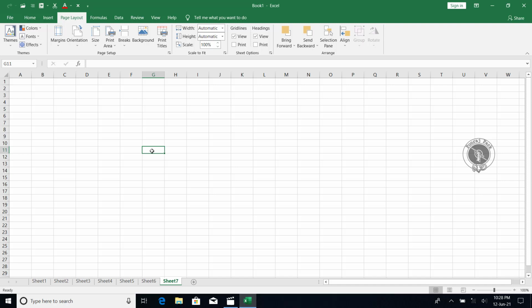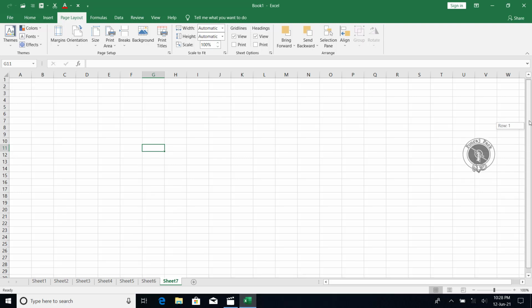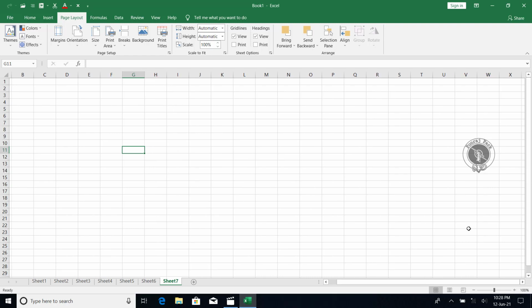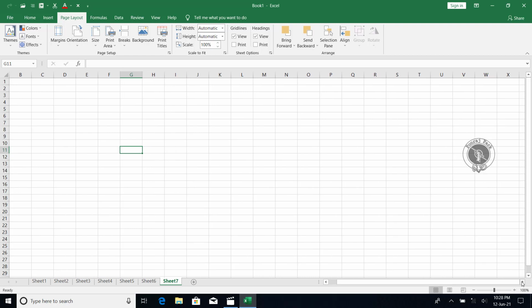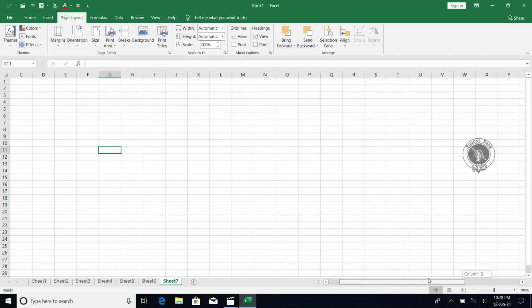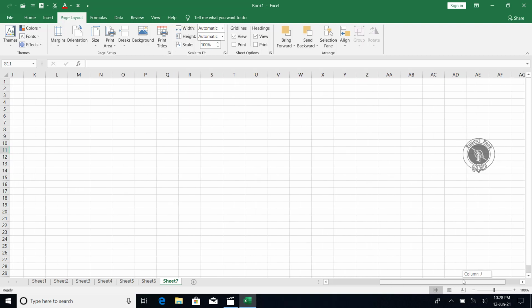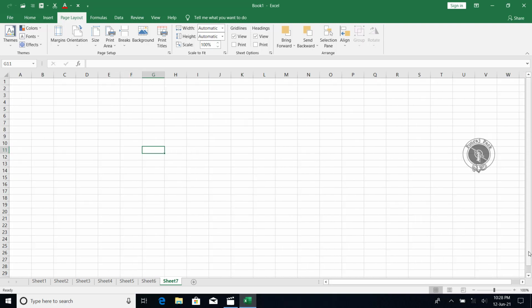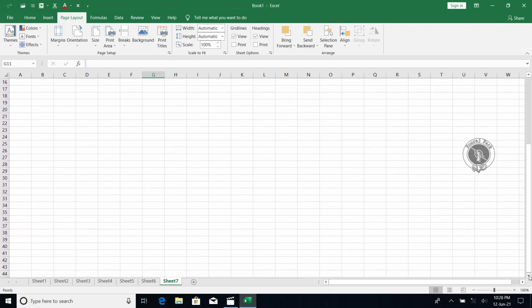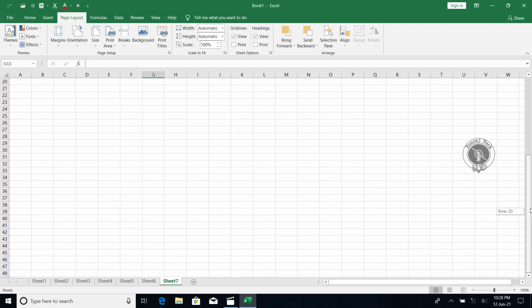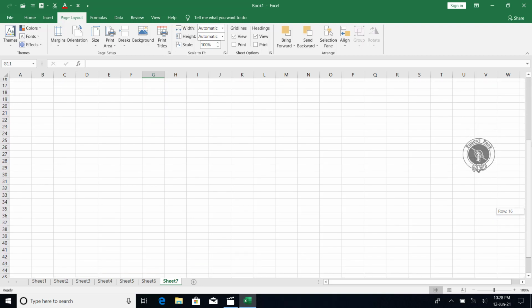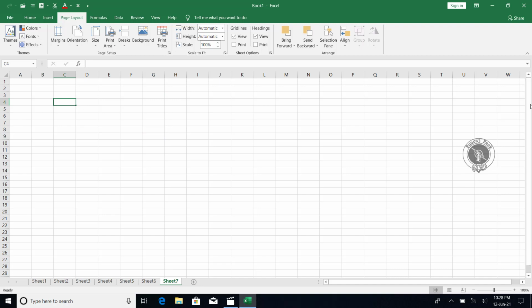Okay, and now next we will move on to the scroll bar. If you see over here, there's a horizontal and vertical scroll bar. If you want to go left or right, you can use the arrow keys, or you can click the scroll bar and drag it left to right. If you want to go top to bottom, click the arrow key, and if you click here it will go one by one. If you want to move by blocks of cells from top to bottom, you can drag it like this. So this is the vertical and horizontal scroll bar.